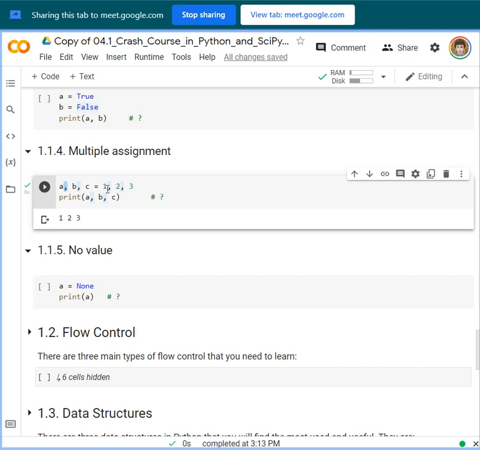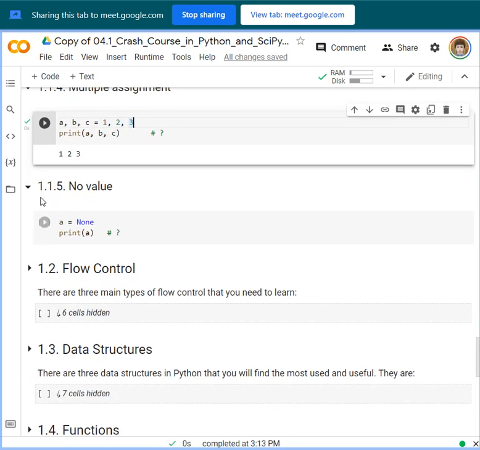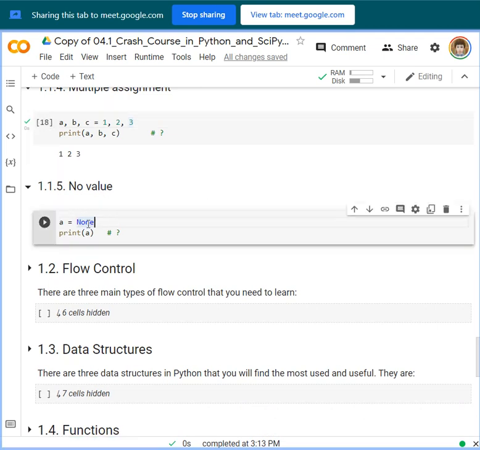Okay, so A, comma, B, and comma C. So here, make sure nga tulupod, no, ang value nga imong ibutang separated by commas. So that when you're going to print all of these variables, of course, i-print na niya ang assigned nga value niya. Okay? For no value, you can just place or write None.